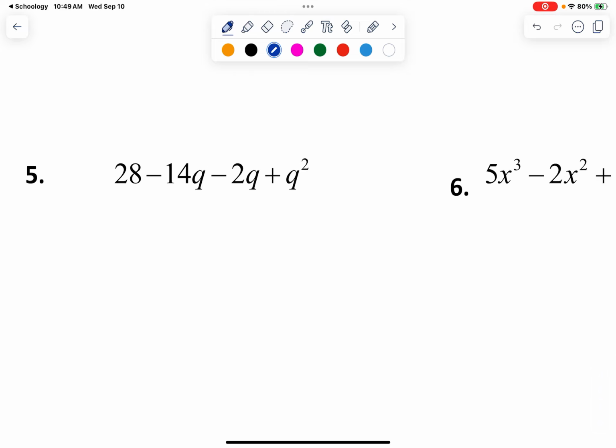All right, go ahead and pause the video and try the next two on your own and then come back to see how you did. I'm gonna group the first two together. They have a 14 in common. That's 2 minus q. The second two,